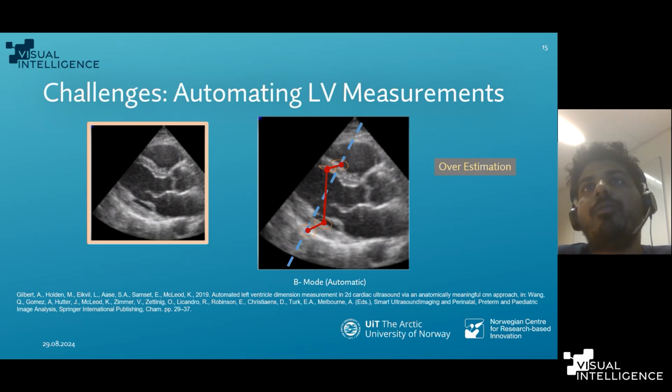So I showed overestimation and underestimation cases like here. For example, here it's underestimation. Had we been measuring here, this measurement would be a little bit longer. And this is the case for the overestimation. So